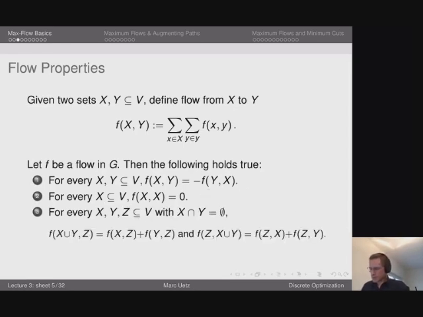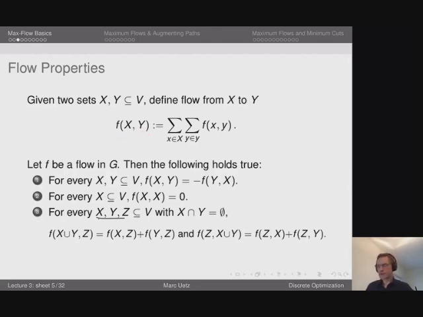And finally, if I have two subsets X and Y, which are disjoint, and I look at the flow value from the union of X and Y into a subset Z, then this is just the sum of the flow values from X to Z and from Y to Z. This of course holds just by linearity and because these two sets X and Y are assumed to be disjoint. Final remark, once I have made this definition, flow value from an arbitrary subset X to an arbitrary subset Y,